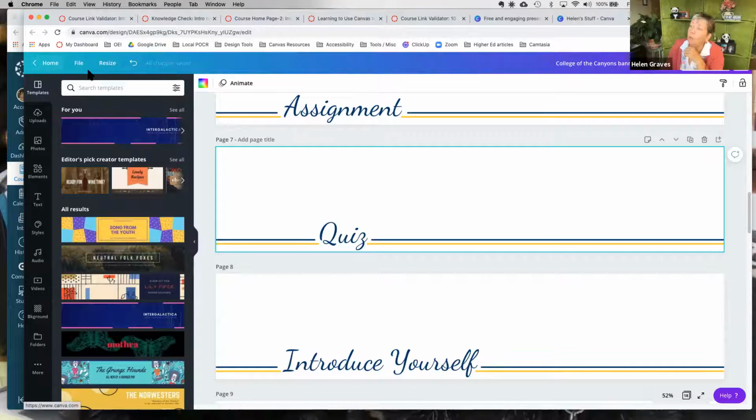And when you look in the templates, and I see we have another hand up, but when you look in the templates, you will find, what's the one I started? Come here.